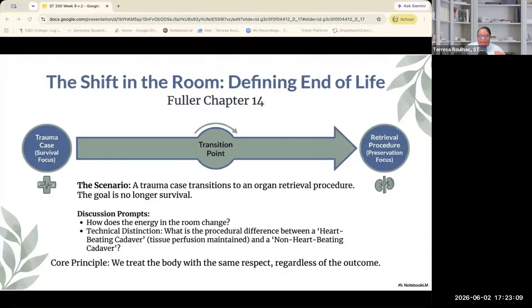Again, working evenings. We get a call that we're waiting. Having been in a heart beating cadaver and a non-heart beating cadaver case, they are treated a lot differently as well. For the heart beating cadaver case, there is time, like you're not necessarily rushing, the body's perfusing. In the non-heart beating cadaver case, we literally get a call and we have to wait for the patient to expire. And I hate using that word, but and then we have literally an hour from the time they are